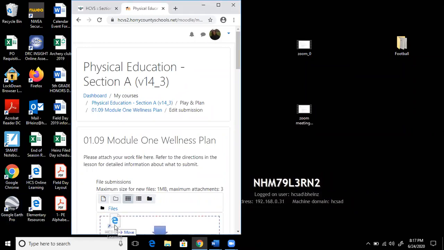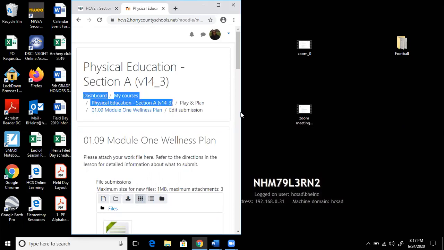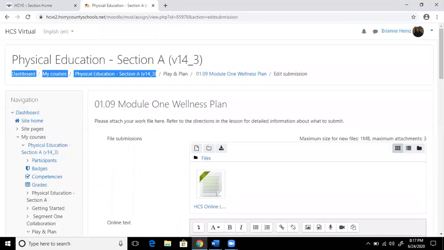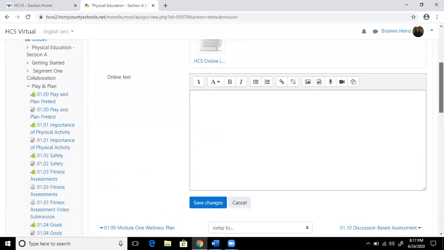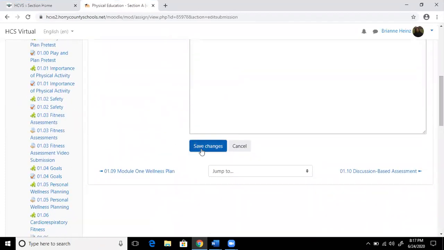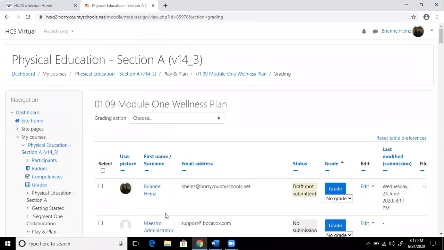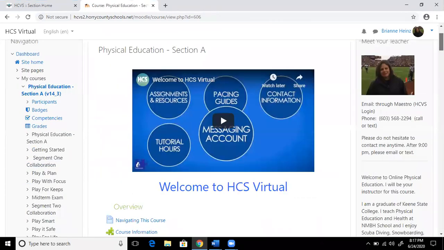Okay, you just drag it into the box. Hit save changes. And then it will show that I submitted it, okay? And then if you go back,